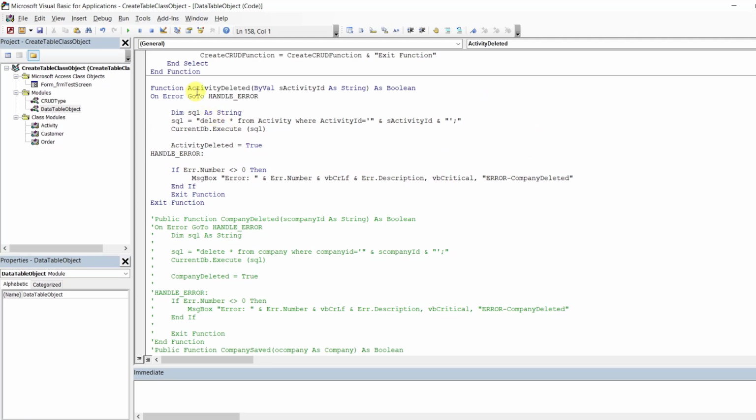Function activity deleted by value because it's a string. Alright, on arrow, look at that. And then SQL delete from activity where activity, you see it right here? Look at that. Perfect. That's exactly what we want. And then execute, and then activity deleted, which is this guy. All right,